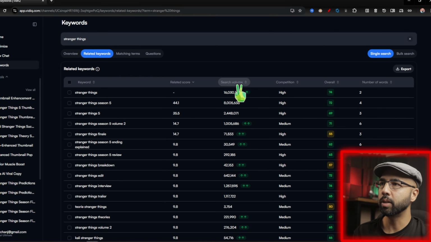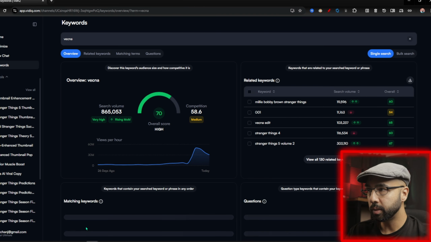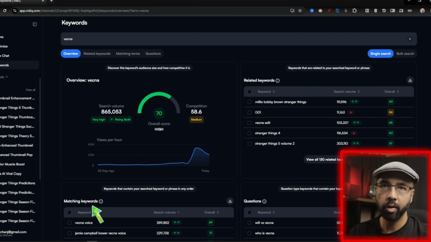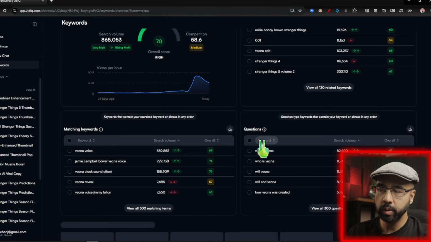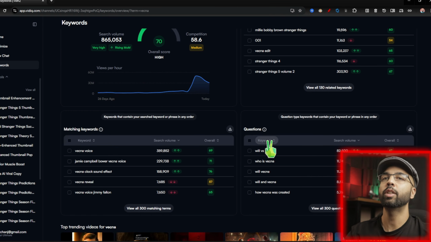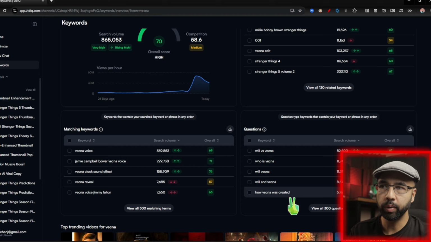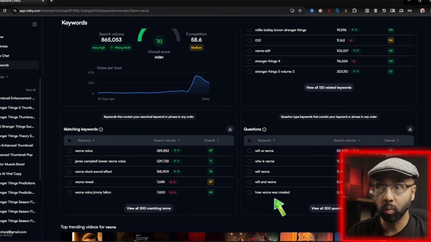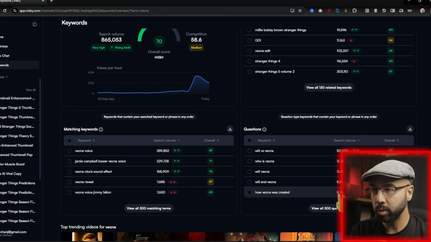Maybe navigate it by search volume. Vecna here, this is obviously a popular character. I can get questions here that people are searching for as it relates to Vecna. How was Vecna created? That can be an evergreen video right there. But I want to dig a little bit deeper because I think I can get a lot more search volume